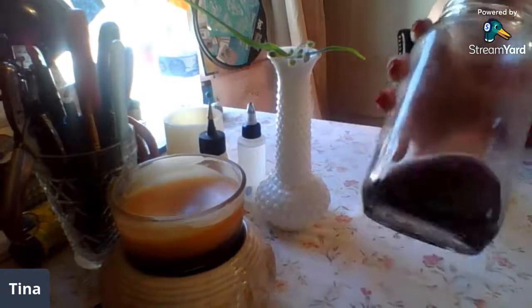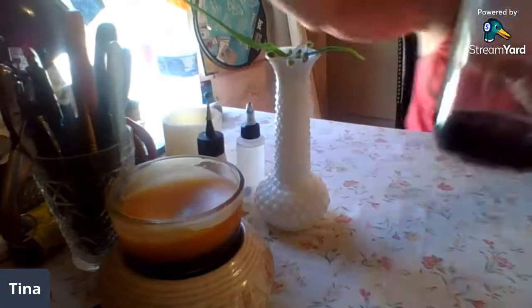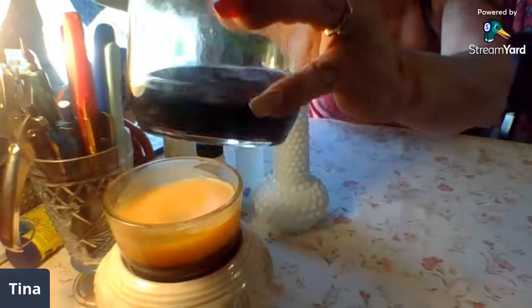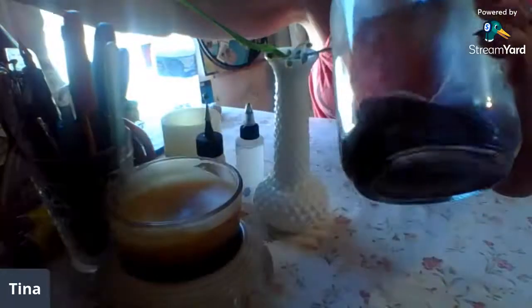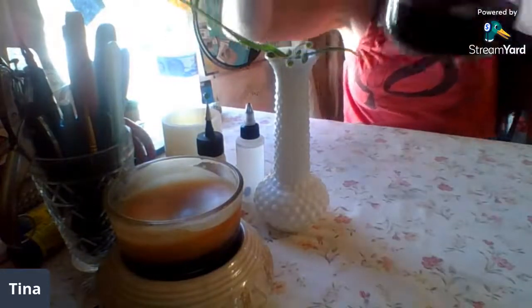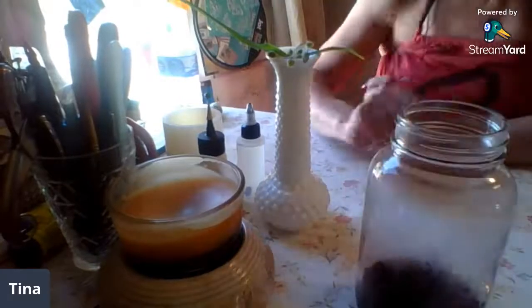So this is a water extraction. It's really quite purple. Let me see if I turn this other lamp on for a second and shine the light directly on it. No, it's not showing you how purple it is. Okay, it looks black. I see that. It's not really black. It's purple, purple. Yeah. Anyhow,